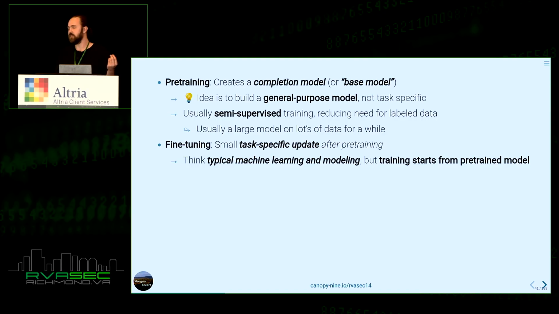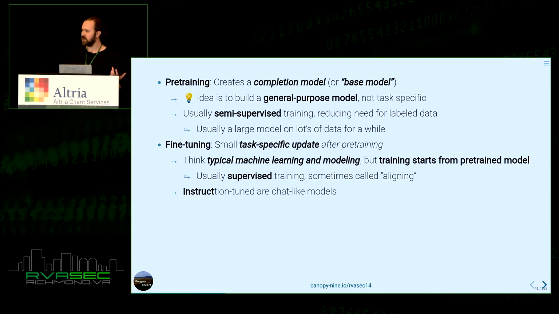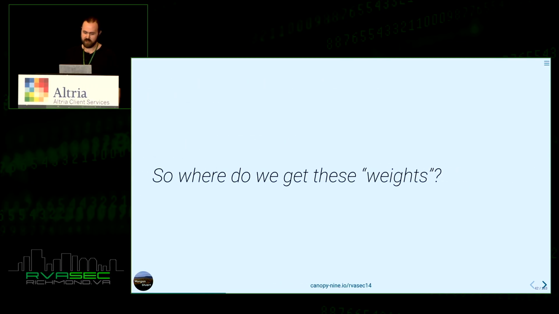So think of it as typical machine learning. We have targets, and we're just going to start from that pre-trained model. So it's simply like a warm cache. It's a warm start, and we can take advantage of all the representation learning that the LLM has already done. It's sometimes called aligning. And you'll often see instruction-tuned models or instruct models. These are models that have been trained to respond in a chat-like fashion, in sort of a God mode: this is how you're going to behave, and you're going to be responding back and forth with some other text entity.